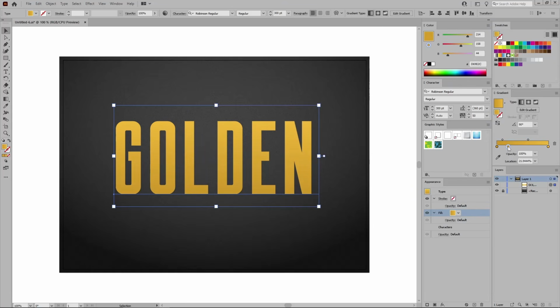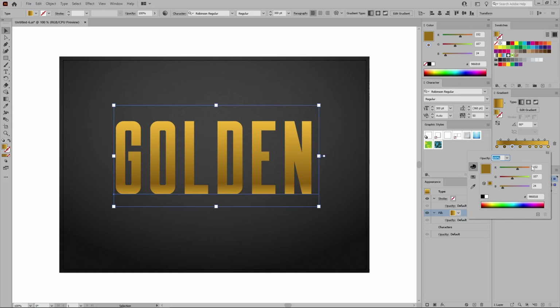Now click on your gradient bar to add a new gradient slider. First of all, set the location to 15% and then double click it and replace the color with 134, 91 and 17. Using the same technique, let's add 5 more gradient sliders and select them one by one, starting with this one. Set the location to 30% and then double click it to replace the color with 231,